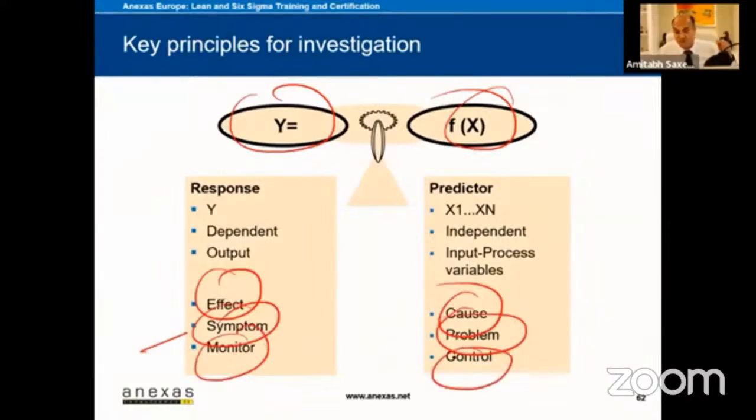X is what you can control. So if you just focus on results, nothing will happen. Oh, my dissatisfaction is high, customer complaints are high. You keep monitoring them and discussing them. Nothing will happen. The customer complaints will remain